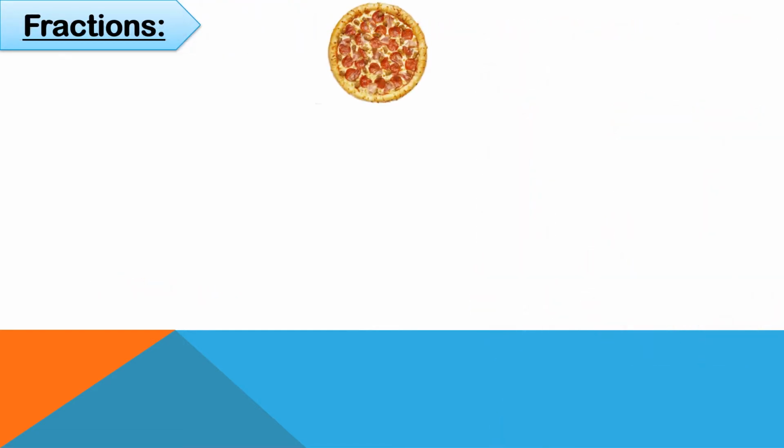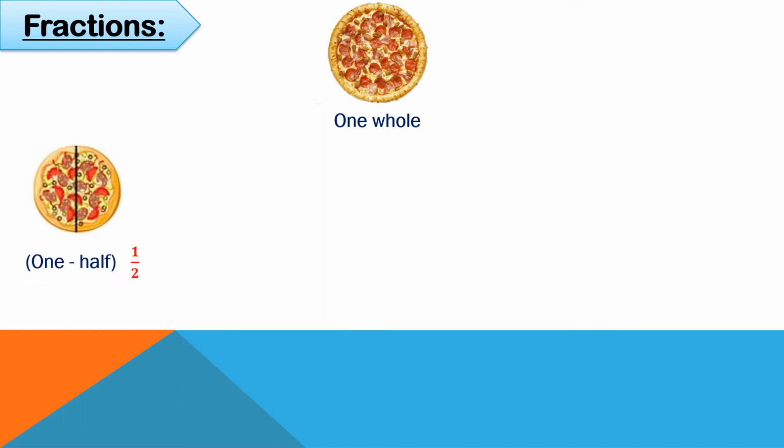If I have my whole pizza here, this whole pizza is called one whole. I didn't divide it now, okay? So this is one whole. But if I have two kids and I want to divide it between them equally, each one will take one half,